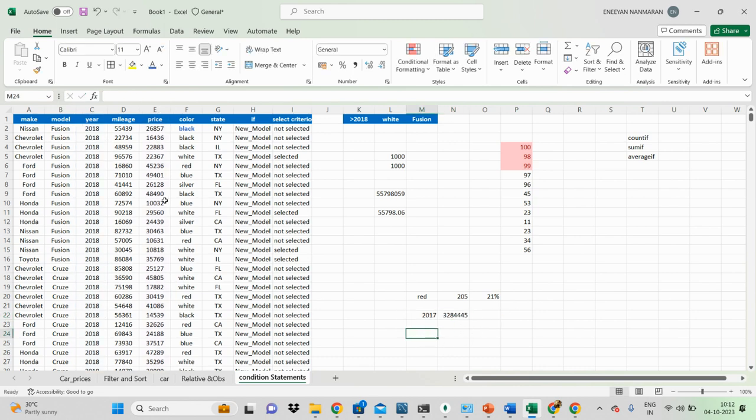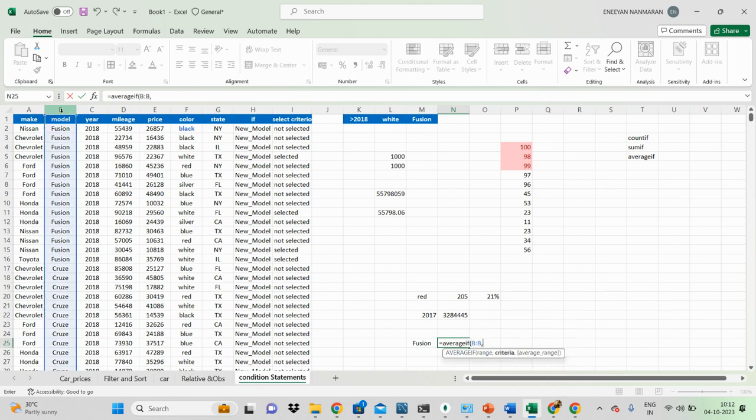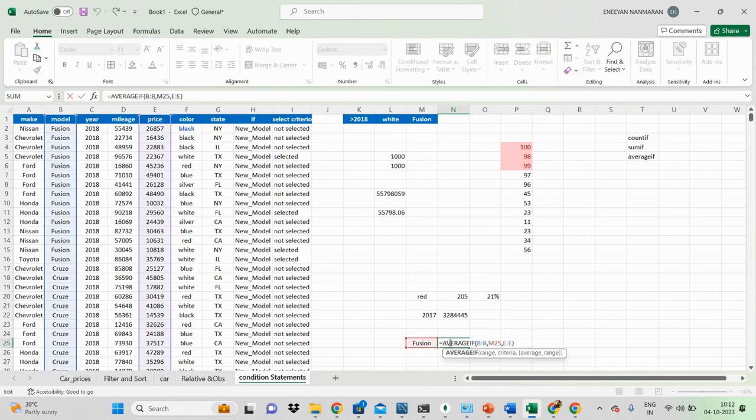Let's say I want to take the average of all the Fusion cars. If you see here, equal to AVERAGEIF. First is the range, which here is the Fusion model column, comma, criteria is Fusion. I'm referring to the cell directly. You can also give double quotes and type it. The average range, I want to give an average price for Fusion. Now the average price is $29,739. Understood? Is it clear? AVERAGEIF, COUNTIF, SUMIF are very commonly used in real time in the industry